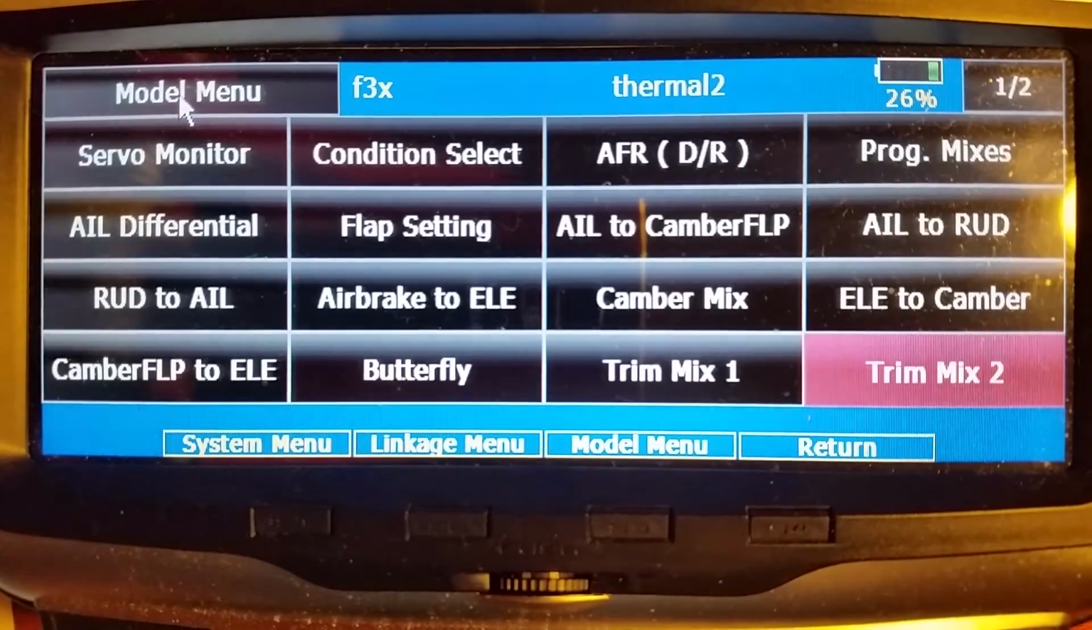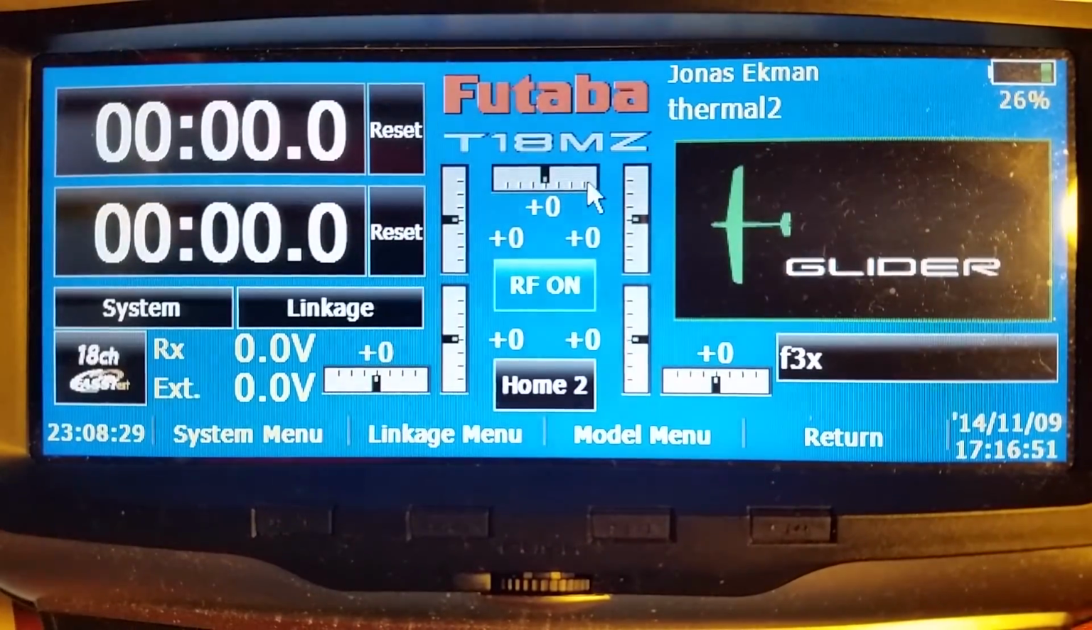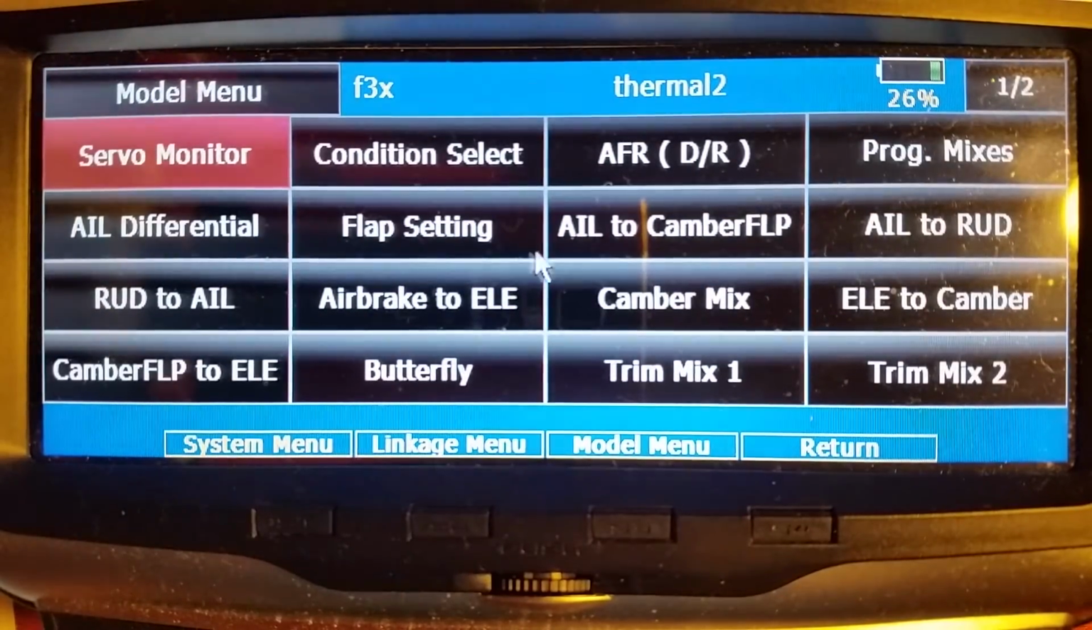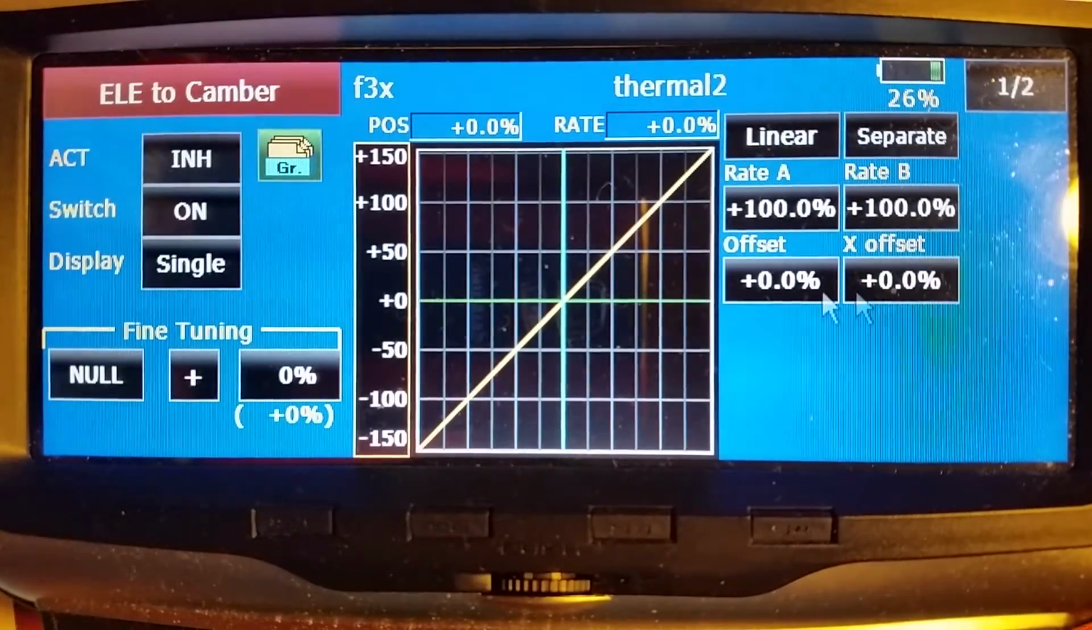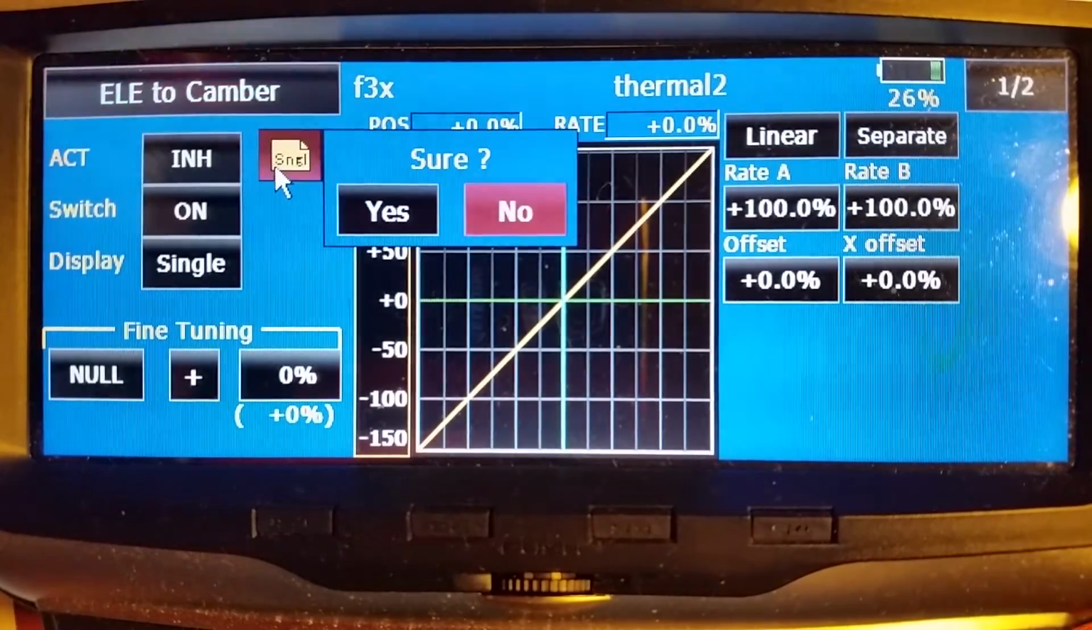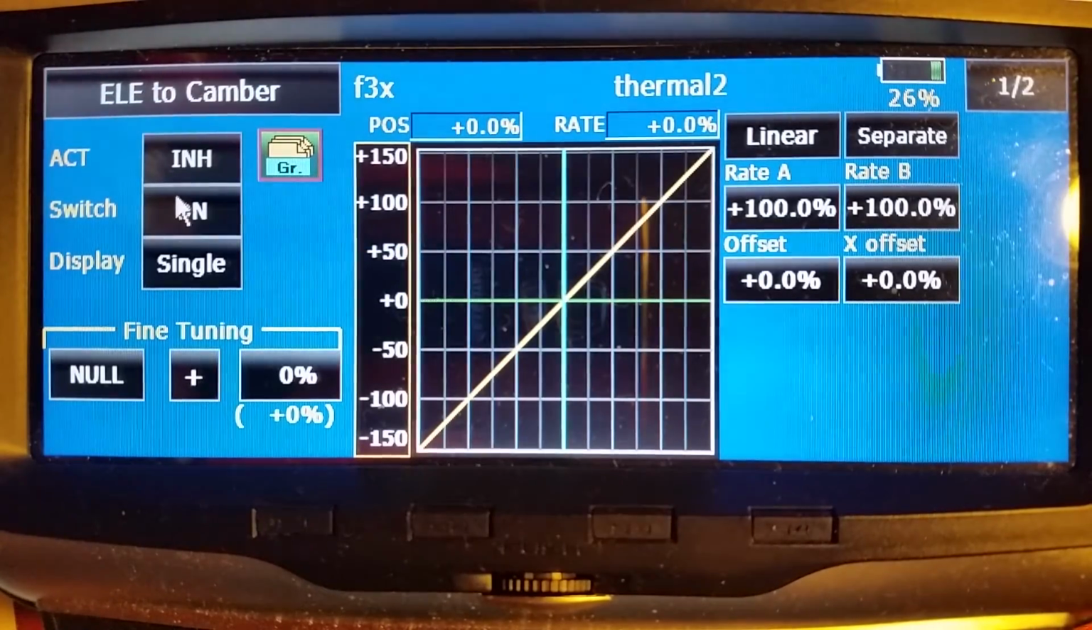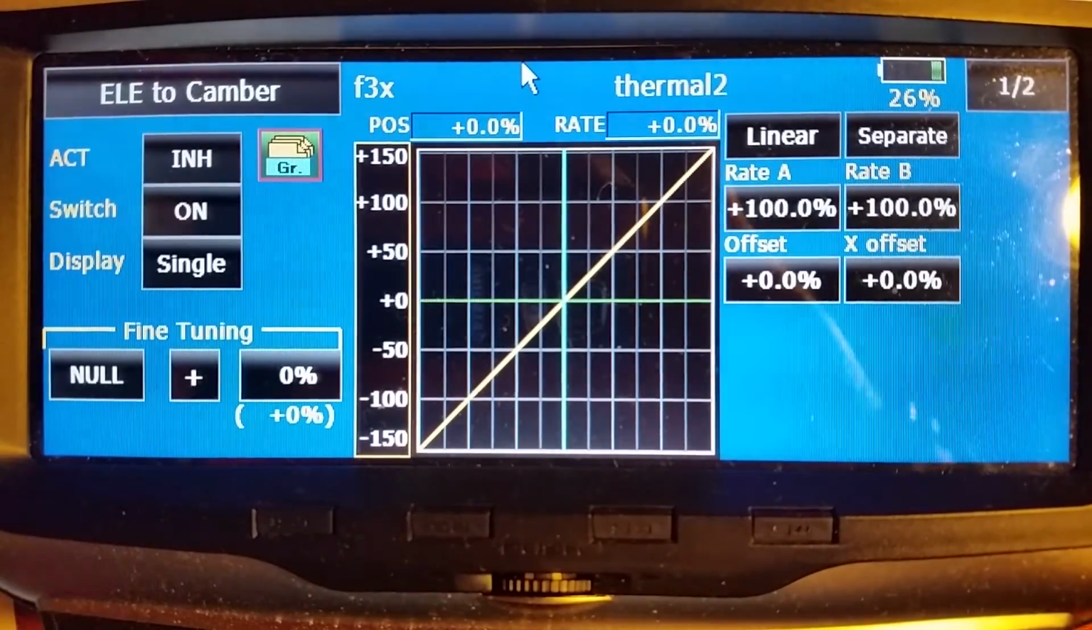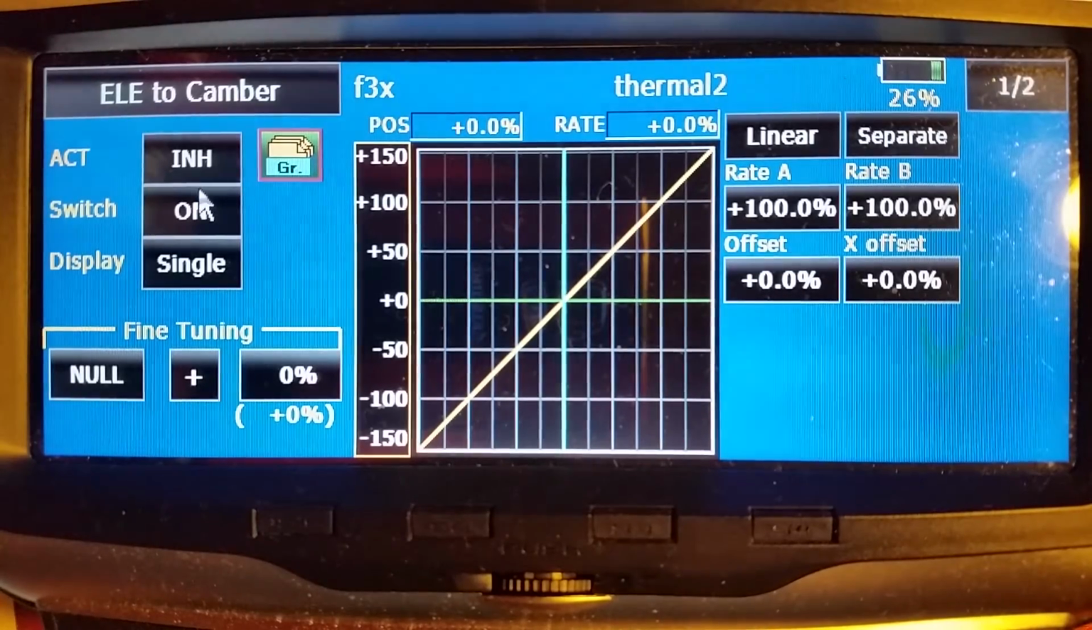So finally, to set up a world-class glider, you need to have some sort of elevator to camber mix. Elevator to camber mix is, according to Futaba, what they call elevator to camber. It's really easy. As always, you have the group versus the single. If you wanted to have a separate switch, but I always have it always on. So I put it on. I'm not going to use it on single. And I want to have